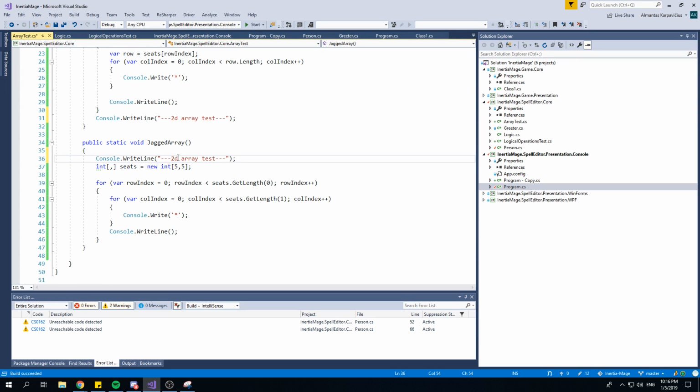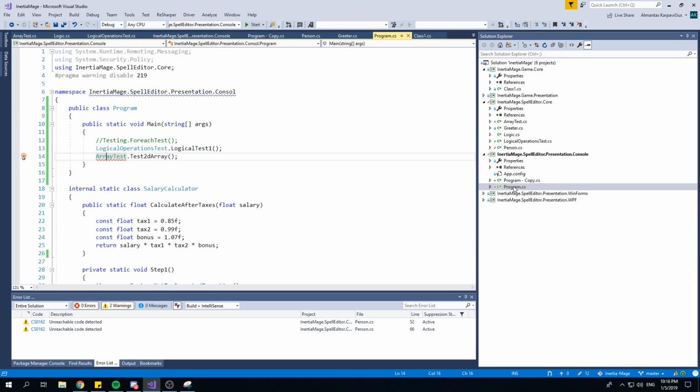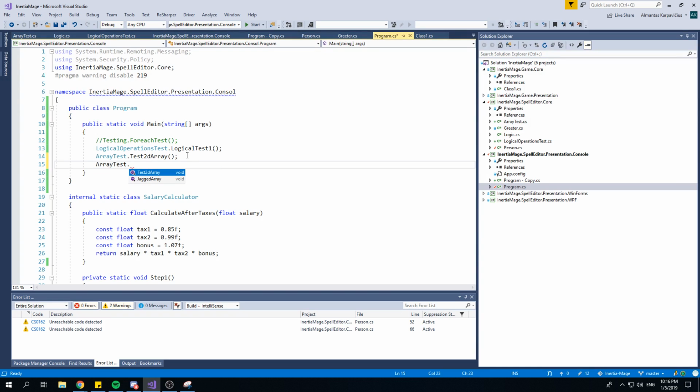So I will do a console write and print a star per element of a seat, a row. So if I do this,